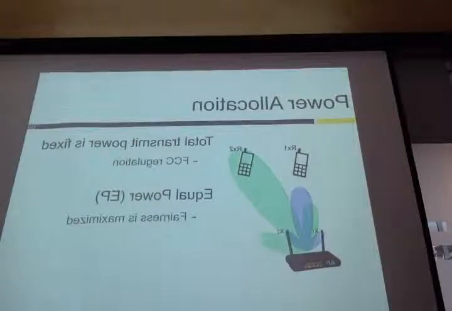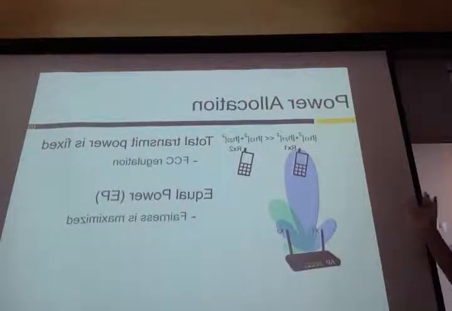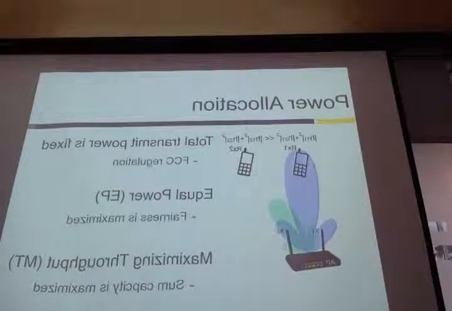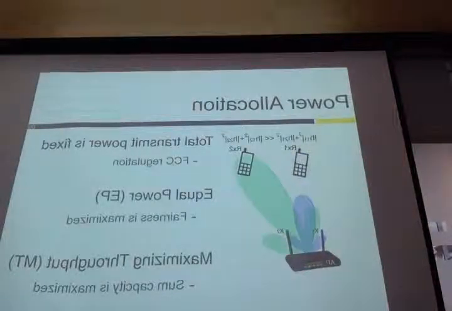The idea of equal power is to ensure the received signals at all receivers are identical, so the fairness is maximized. For example, if receiver 2 has a higher CSI channel gain, then the EP power allocation will ask the AP to share more power to receiver 1, so that receiver 1 has the same quality of received signal. The next power allocation we're going to work on is maximizing throughput. On the contrary, the idea is to maximize the concurrent transmission sum capacity. So in the same example, it will ask the AP to share more power to receiver 2, since it thinks receiver 2 has a good channel and more potential to maximize the throughput.